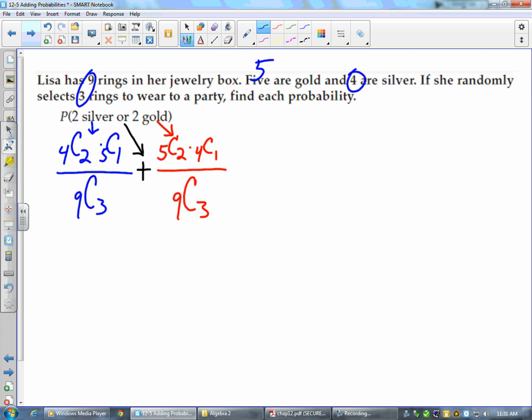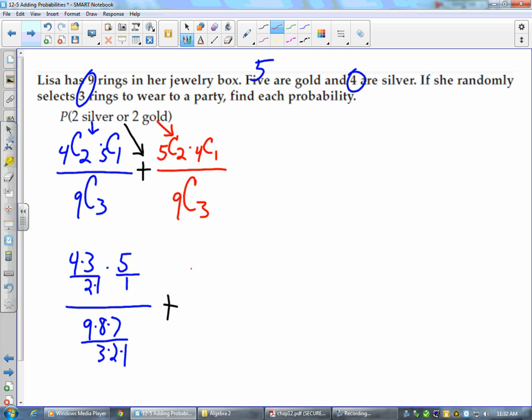Then, let's work through this. I'm going to use a shortcut. So finding combinations, we're going to find 4 times 3. I'm only choosing 2 of them. And then divide by that second 2 for the extras, that 2 factorial, which is 2 times 1, times 5, choose 1 of them, divided by 1 factorial, that's just a 1, all over 9 times 8 times 7, 3 of those, divide by 3 factorial, plus,